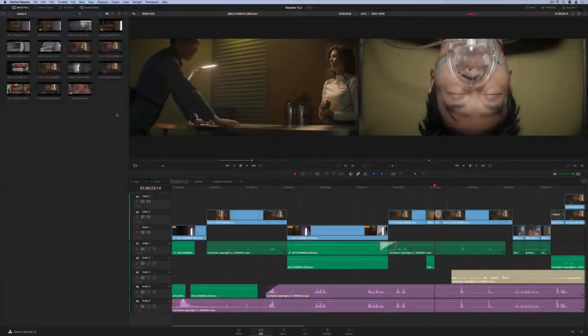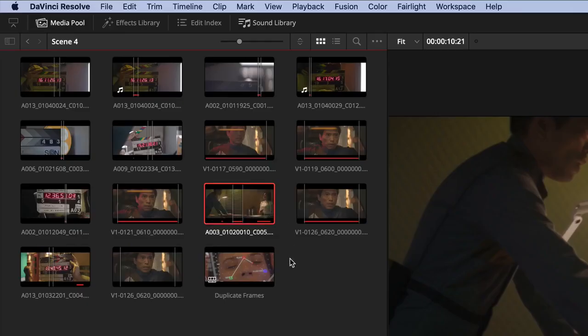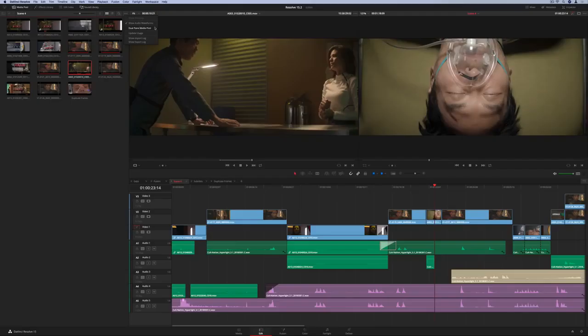Icon view in the media pool now displays usage indicators for the current active timeline. The white vertical lines indicate the currently marked portion of the clip, while the red horizontal lines show which frames are used. There's also a new toggle for splitting the media pool, so you can view two bins at once